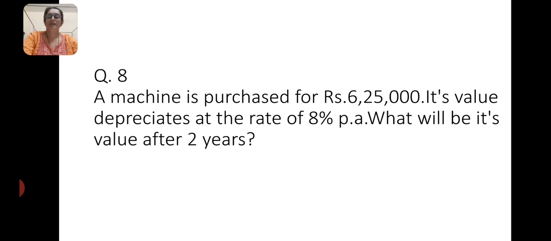Now listen children, when we buy a machine or a vehicle, after a use of particular time, the value of that machine or vehicle is going to be decreased. If you're buying it for 1 lakh rupees, after 1 year the value of that vehicle or machine won't be the same, it is going to be reduced, and that is called as depreciation. So the decrease in the value of any machine or vehicle is called as depreciation. Now that is deducted, the value will always be less.